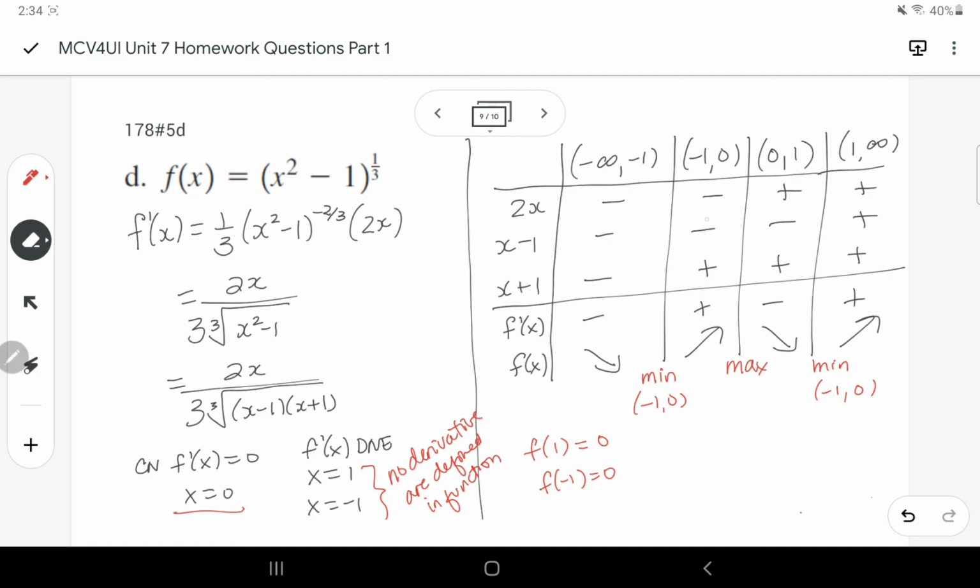I think I have maybe mixed up something in here. Yeah, this x squared minus 1 would be